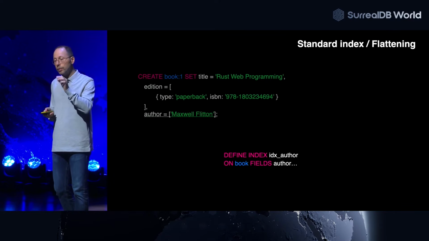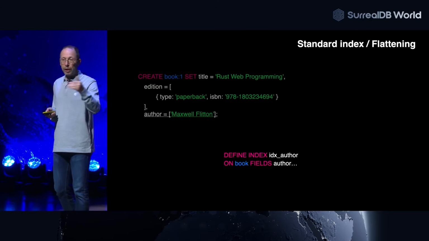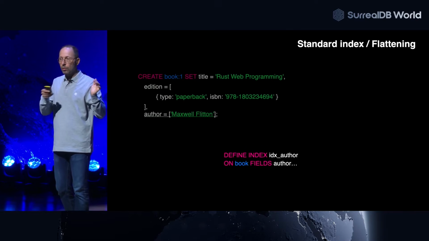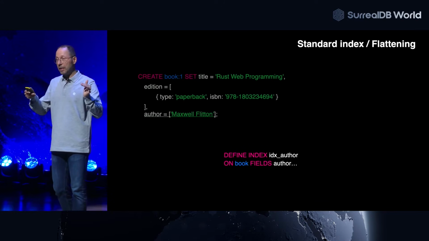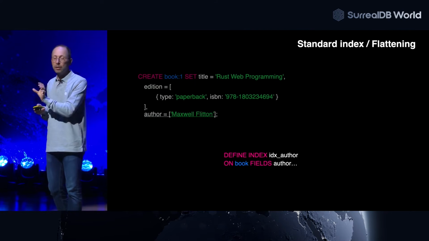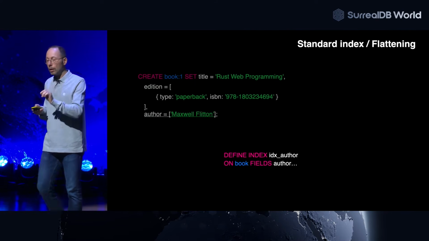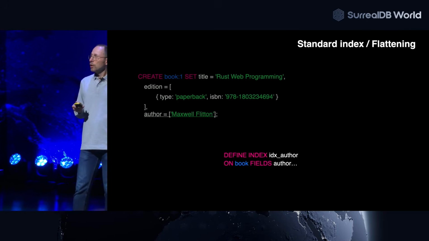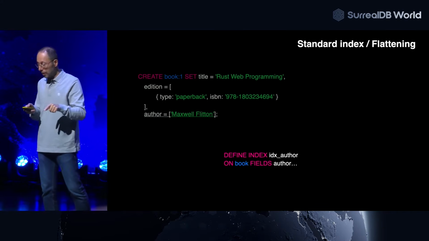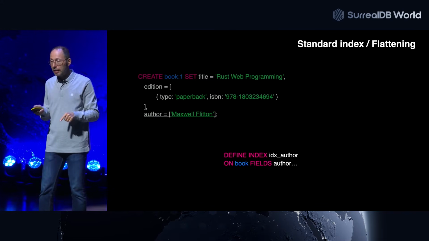If the author is an array, and if you look at the record, you can see that we can have several authors for one book, right? So we put that in an array. And when we put this flattening, we are just going to decide that all authors are concatenated. So the index is unique for the whole array. If we don't put it, we take the values inside the array, and each value is one author, right? I should say that there is a restriction later, so if there are questions about those things, I will be able to go into details and give an example as well. Standard indexing and flattening.